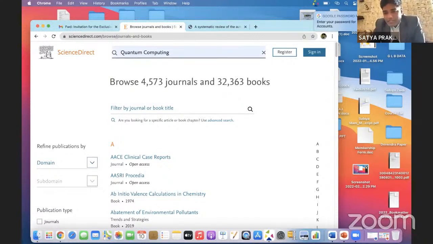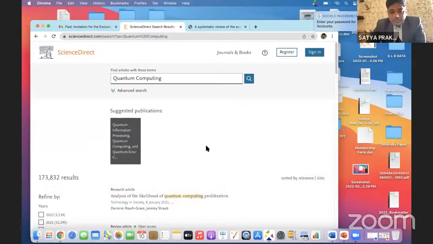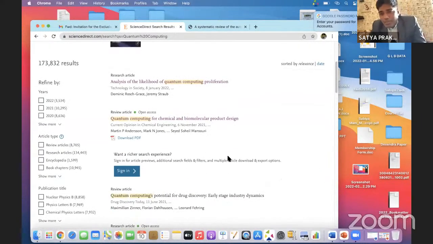I am searching there in Science Direct. These are the articles published in Science Direct journals related to quantum computing.